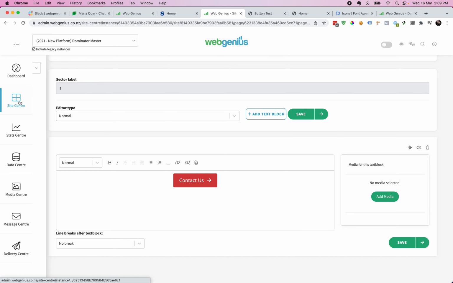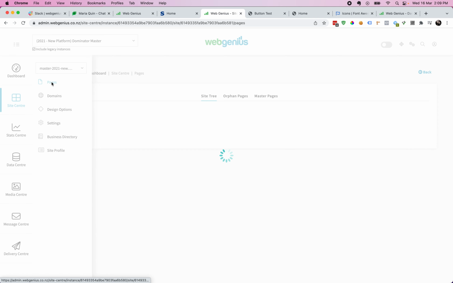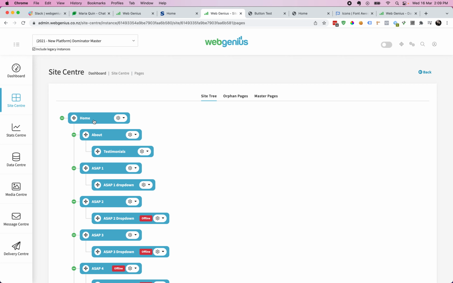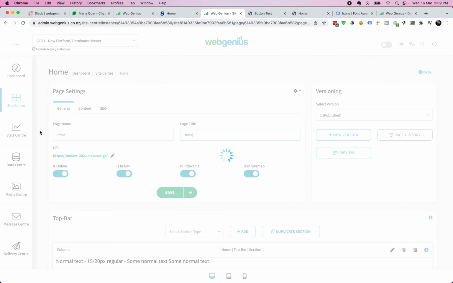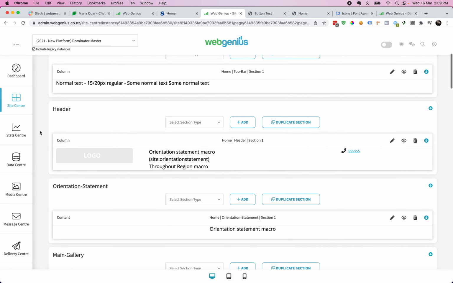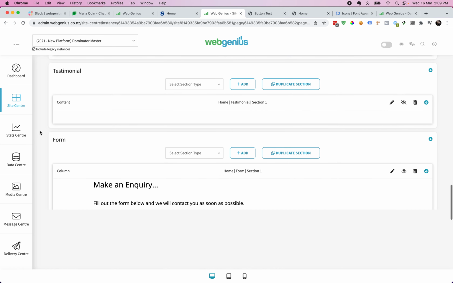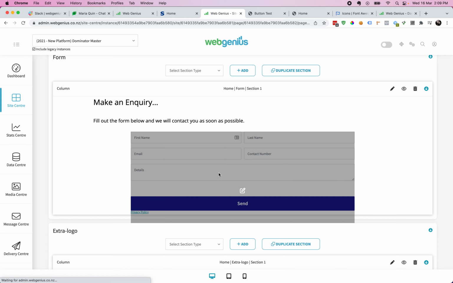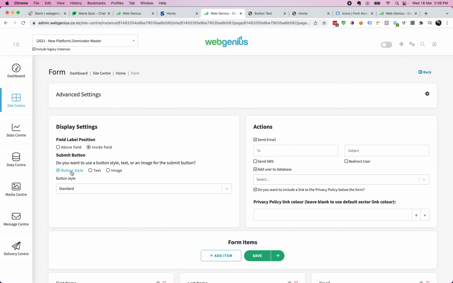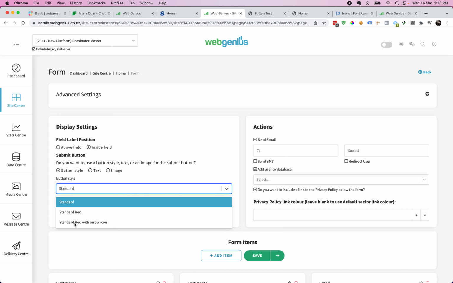The only other place that buttons are used is in form sections. Again, if there is at least one button style in the site, here we go, we now have this button style option. Previously it was text and image. We almost never use images as submit buttons, but it was an option. It still is an option. But now we have this